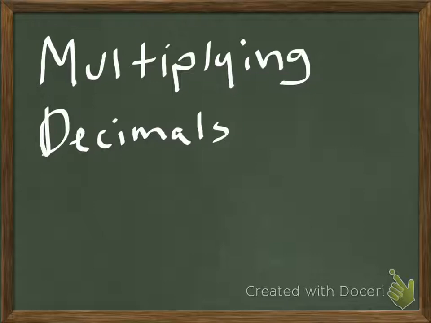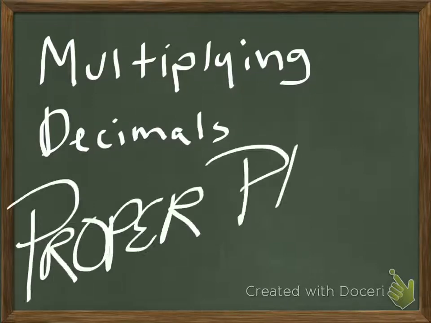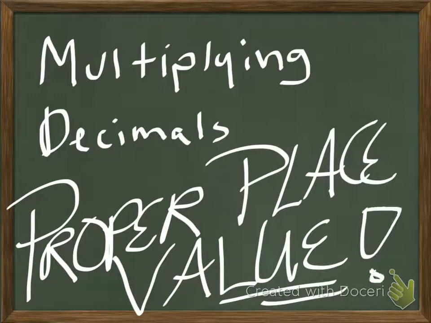But regardless of which way you multiply the digits together, the important part of multiplying decimals when you have decimal points in your numbers is to really pay attention to the proper place value. Okay, and I'm going to show you a couple different methods to get the right answer. So let's get right into it. Let's take a look at a problem